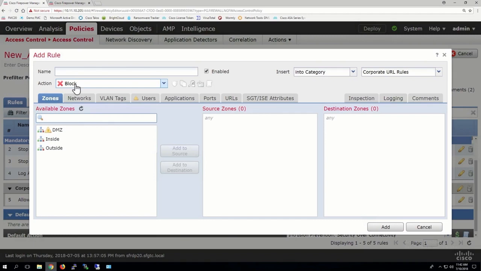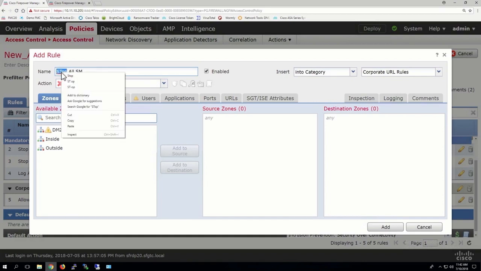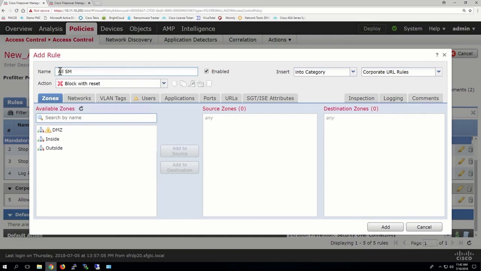In this case here, we can do a block with reset. We don't care that they know, the TCP reset is fine. Stop all social media. A couple different ways to do this. Oops. Try that again. And I could say from inside to outside is fine, but I want to stop it from coming in as well, not just from the outside. I want to look at it in both directions. So in this case here,